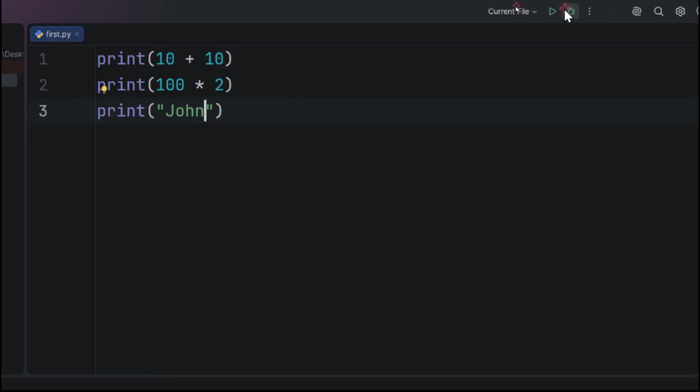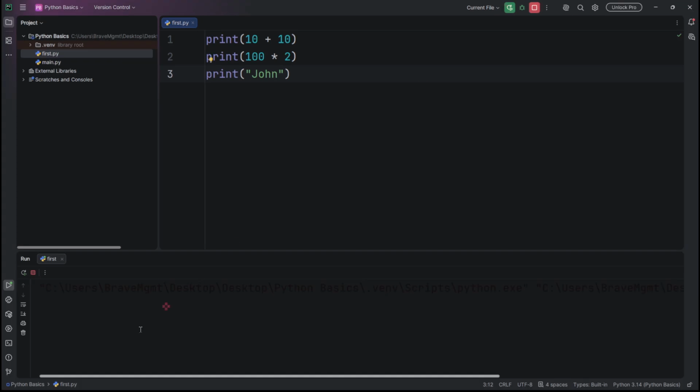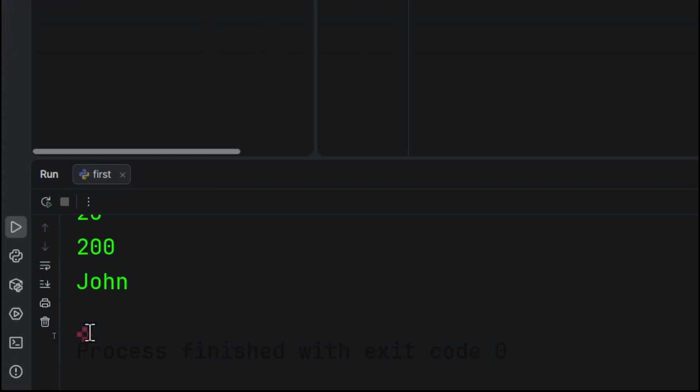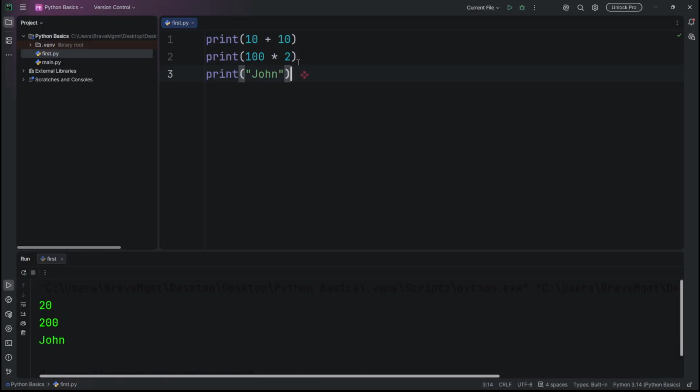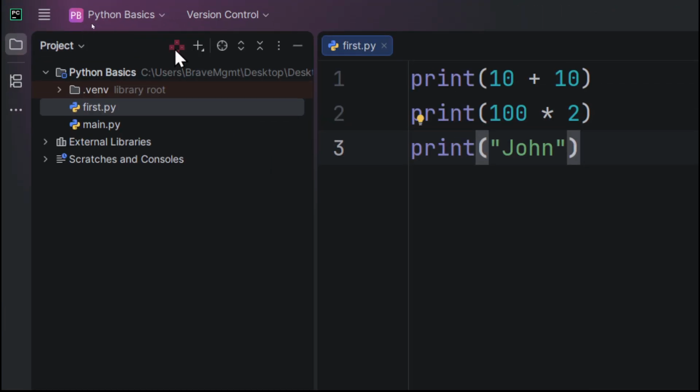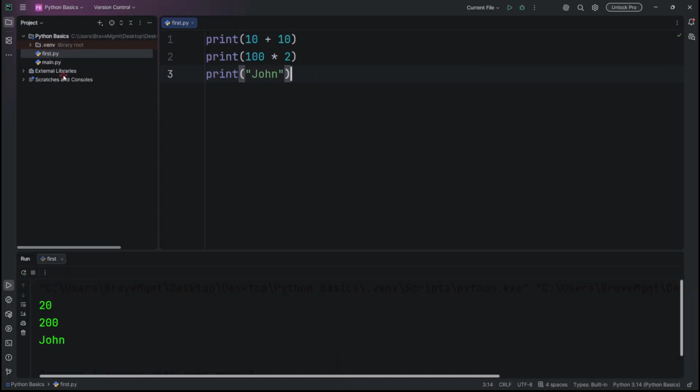Once this is done, then run this file. You will see now that in your console, you simply see your result called John. So this is just the arrangement, and in the next video we are going to create a new file for variables for the next topic. So this is just how to simply write your first Python program and how to set up